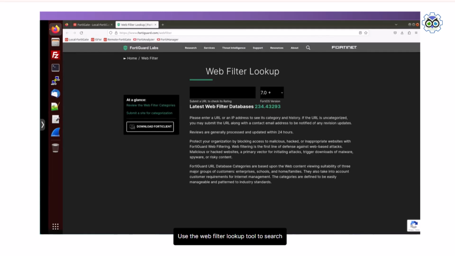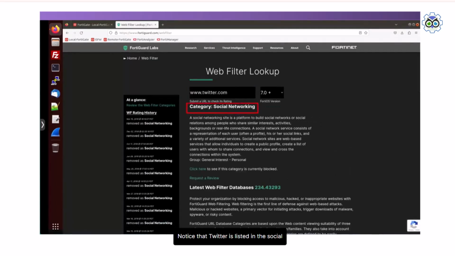Use the web filter lookup tool to search for the following URL: www.twitter.com. Notice that Twitter is listed in the social networking category. Later, we'll assign the block action to this category. Now we'll search for the following websites to identify their web filter categories: